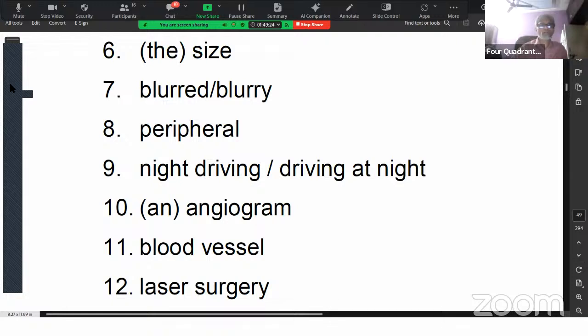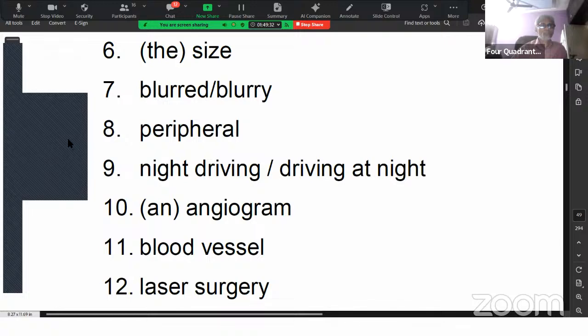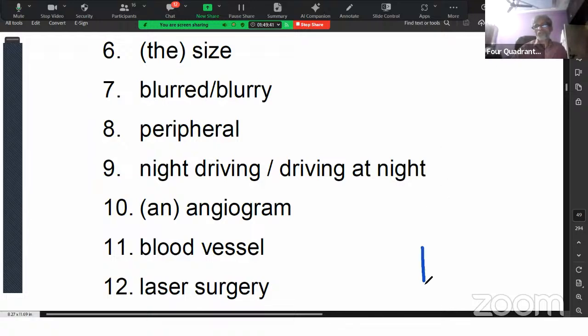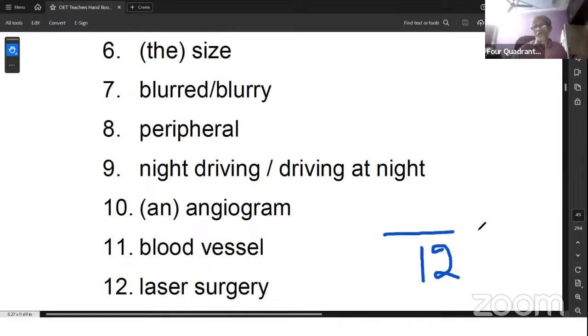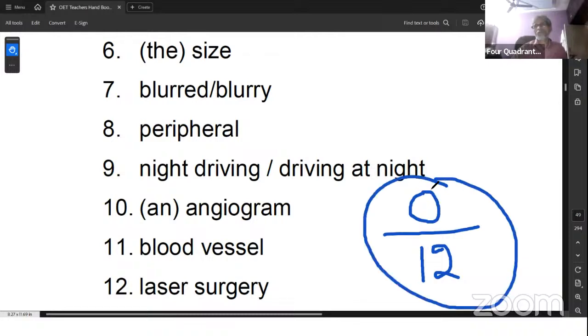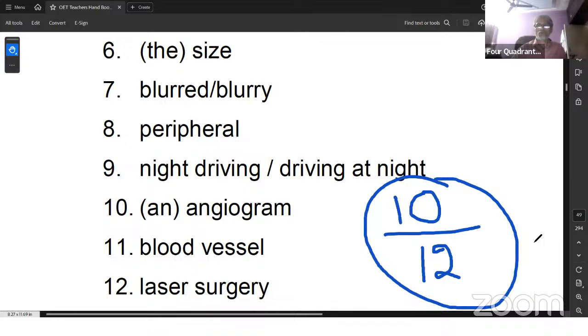Yeah, come on, all of you write out of how many marks you got. So you can write like this. Okay, I'm writing here, out of 12. How many marks you got? I got 0 because I did not give even one answer right. Maybe you got 10 or 11 or 12, whatever you got, you give that mark.